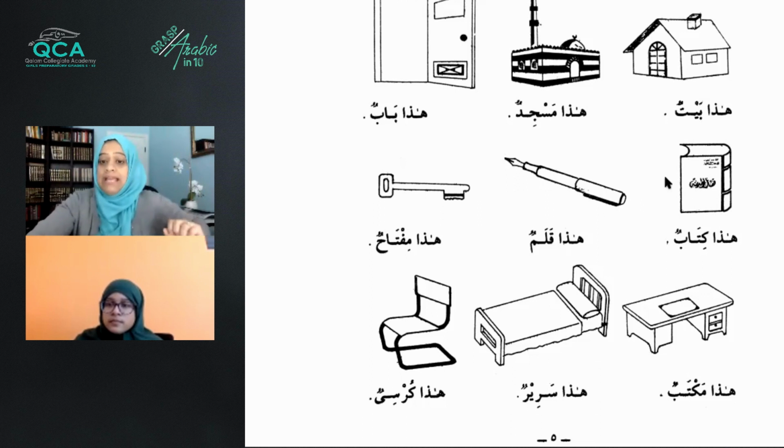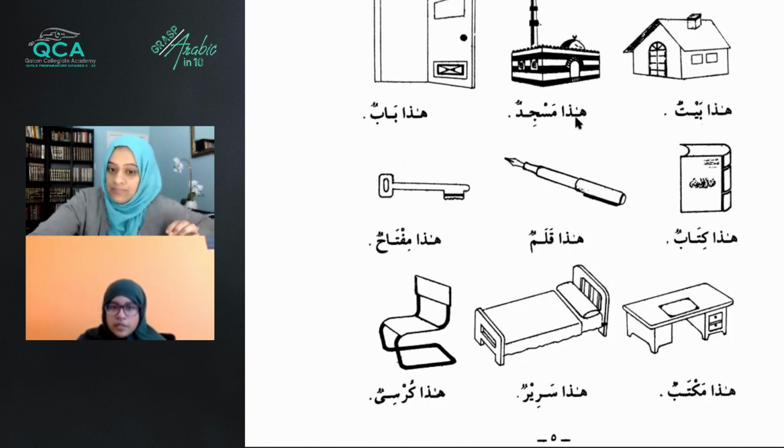But remember what the type of hadha was? Was it proper or common? Common, right. Now, if I added alif lam to bayt, what will it become? Hadha al-baytu. Now what will you translate it as? This house. Same thing over here: Hadha al-masjidu, this masjid. And then the next one? Hadha al-babu, this door.